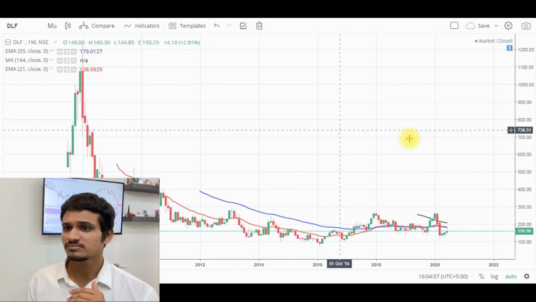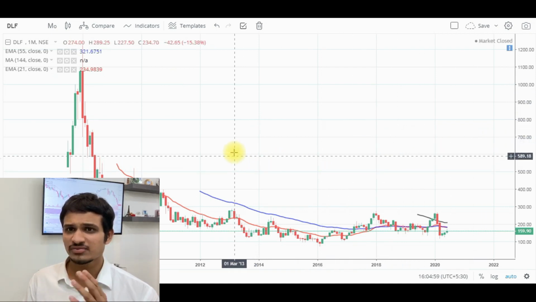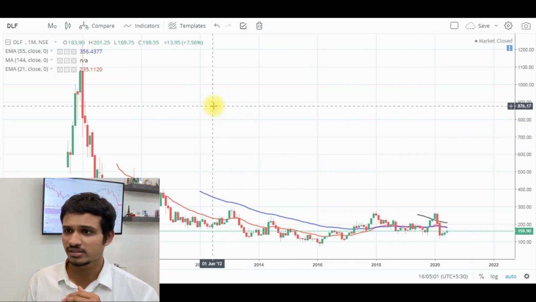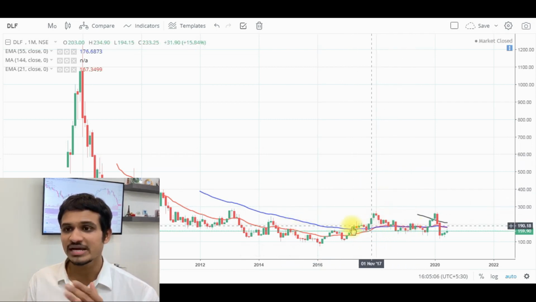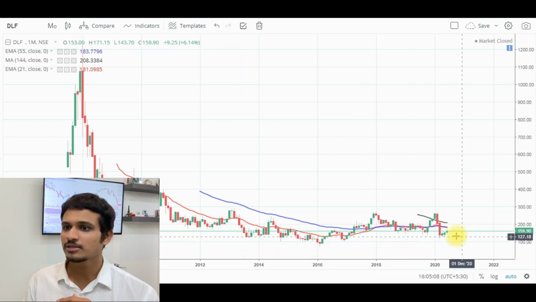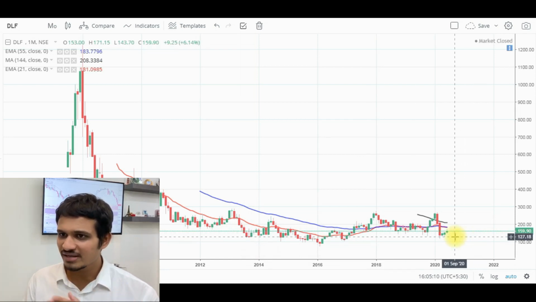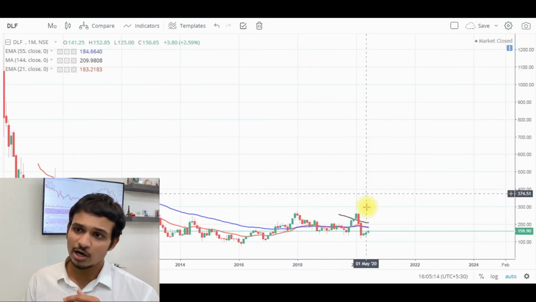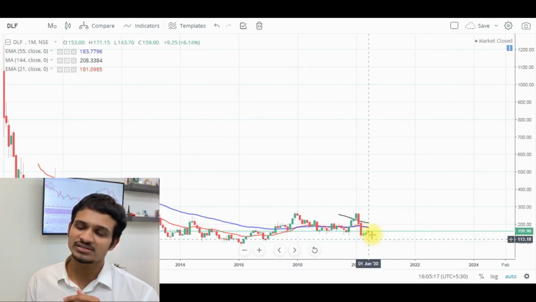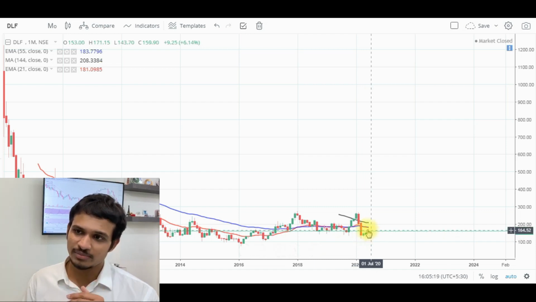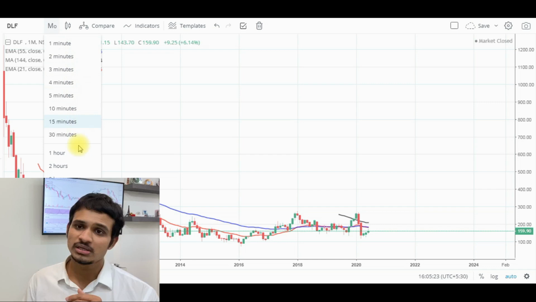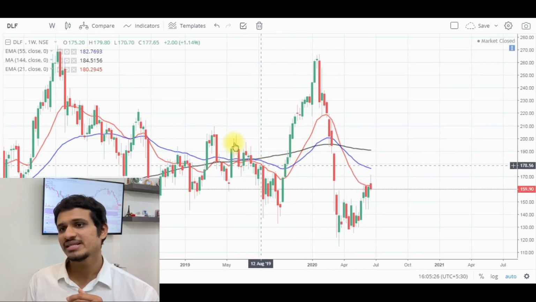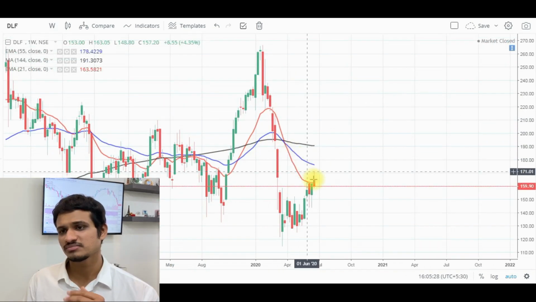DLF is also showing the same kind of chart pattern. That's why I have picked IOC and DLF together in this video. So here in the monthly time frame, we see that the price is moving sideways since so many years now, and the price is at a very critical support level, you can say, and now the price is recently trying to make an advance in the upward direction, which is evident by these three green candles that the price is making over here.